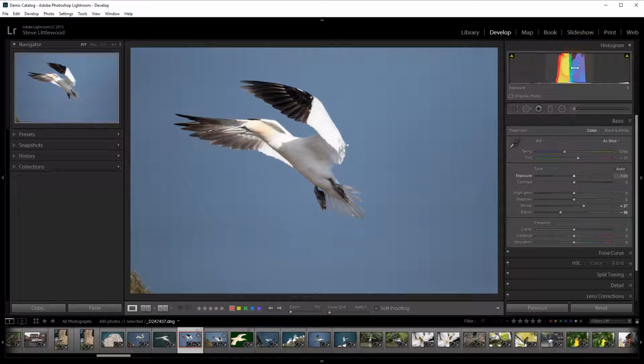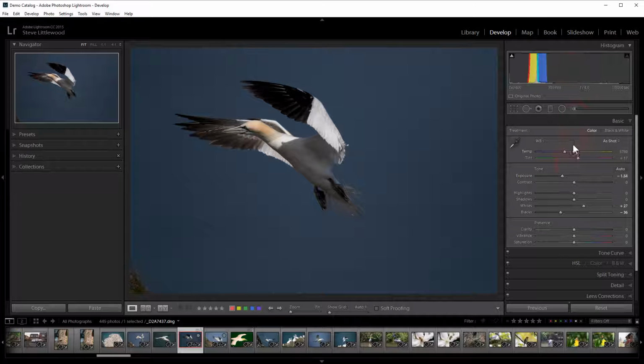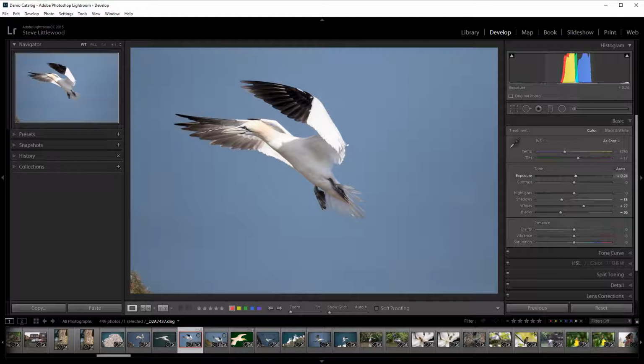We can also see where I am in the histogram, click and drag left. That's affecting the exposure slider. Click it again, right. Oh, got the shadows though. I need to go back into the central area. So the central area affects the exposure. If we click in here, that should affect the shadows. So click. Okay. In here, that should affect the